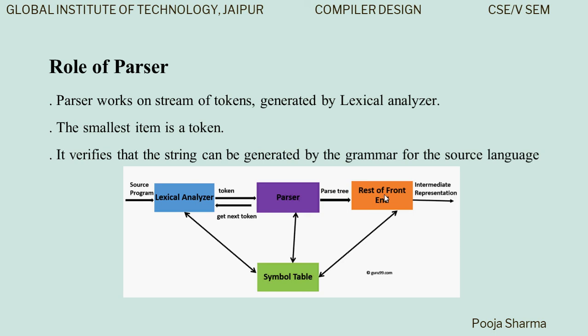So we have got this particular role of the parser. It is central to the overall operation of the compiler. It is the main part of the compiler that we have. So we will see how the parser can be designed.